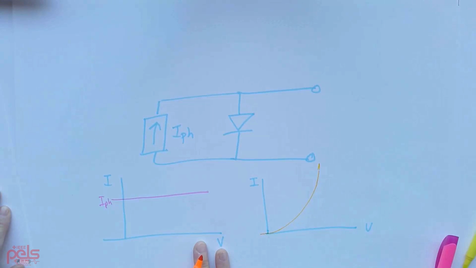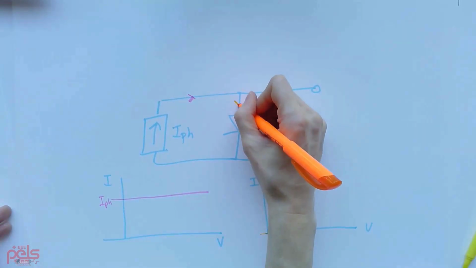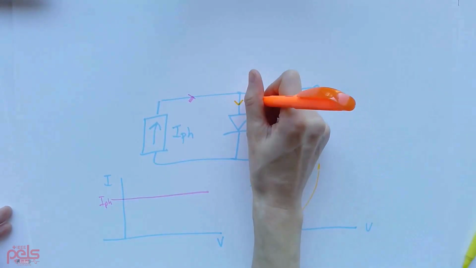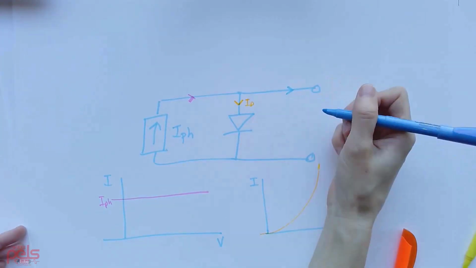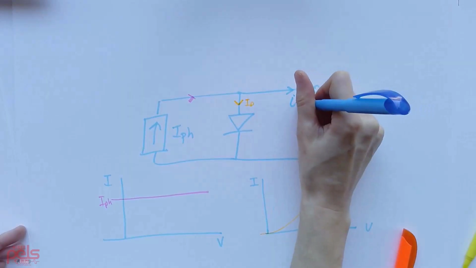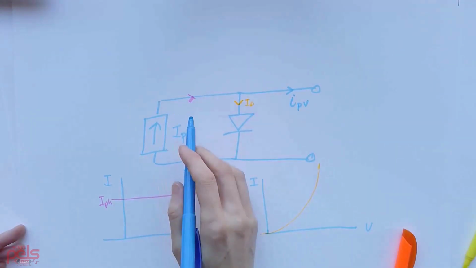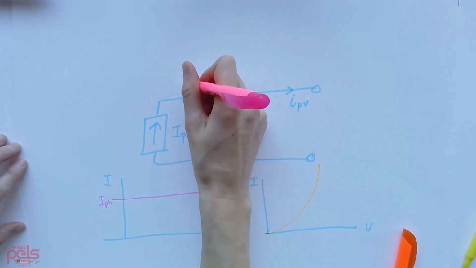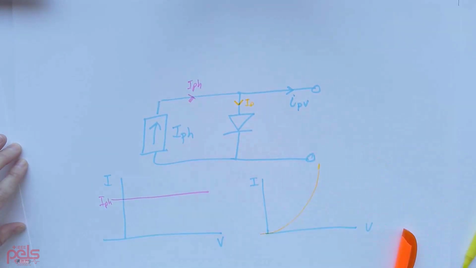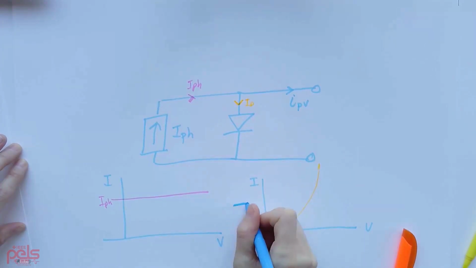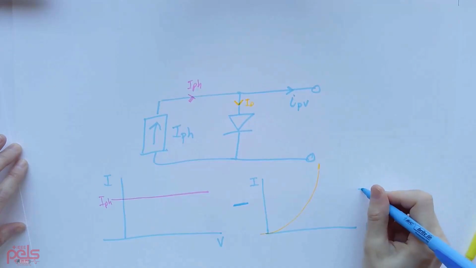If we look at the currents that are going through here, we have the IPH is actually the current coming out of here, and then the diode current is going down this way. So I'll label that as ID. Then the current coming out of the photovoltaic cell itself, so IPV, is going to be this photocurrent, IPH, minus ID, that will give you IPV. So if we're thinking about this in terms of IV curves, we would take this current minus, in a sense, minus this, and what we'll get at the end